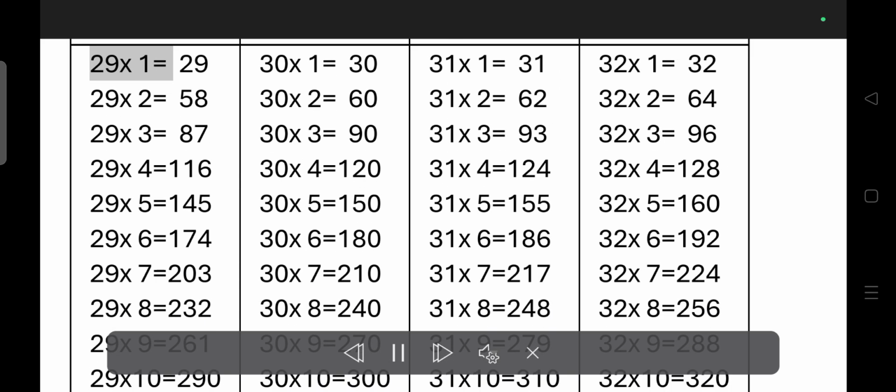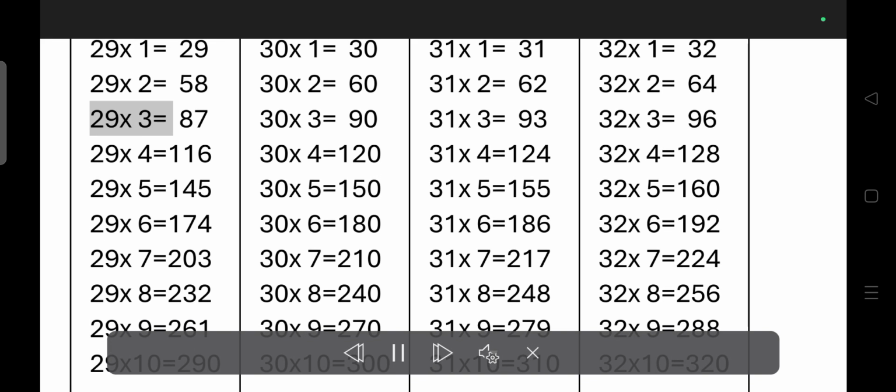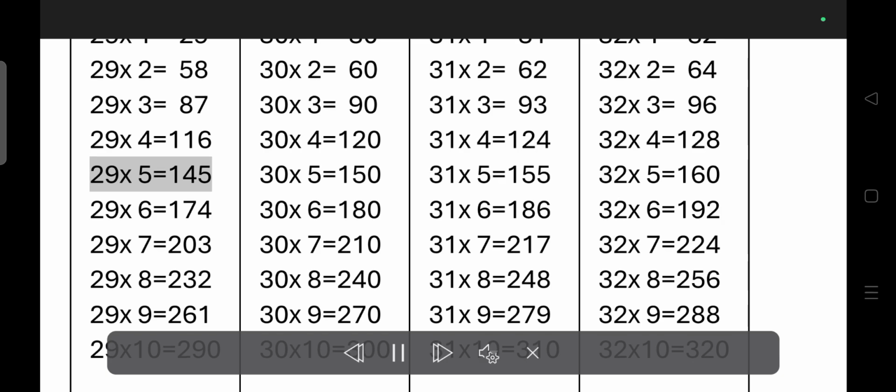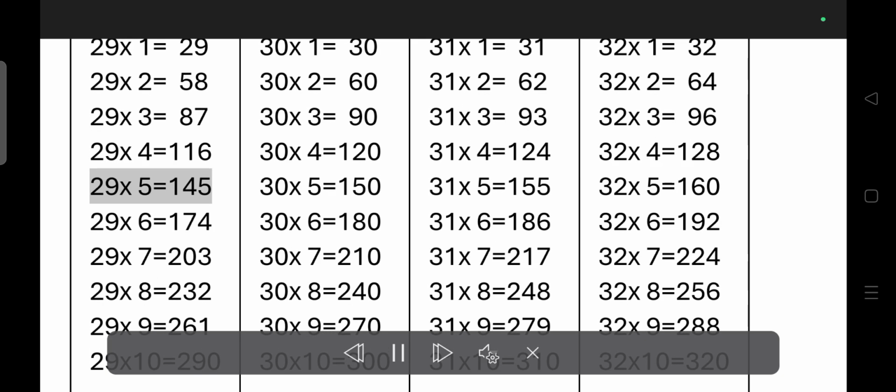29 times 1 is equal to 29. 29 times 2 is equal to 58. 29 times 3 is equal to 87. 29 times 4 is equal to 116. 29 times 5 is equal to